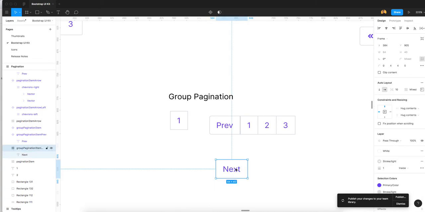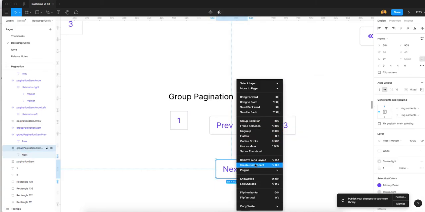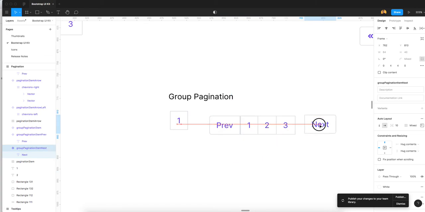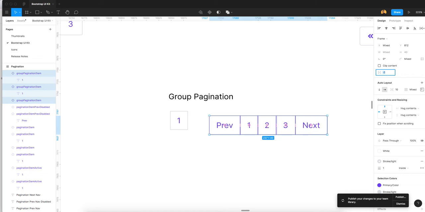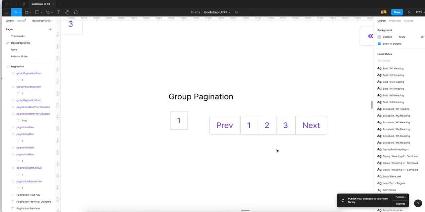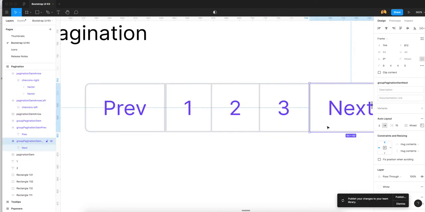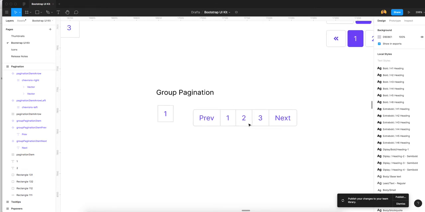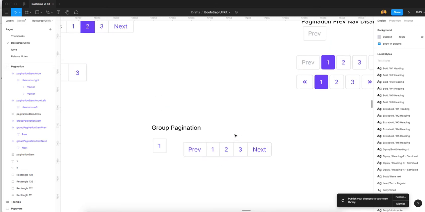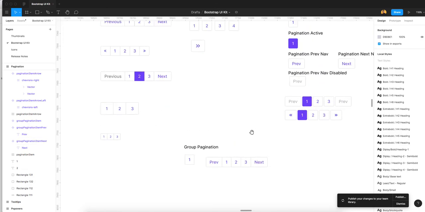Now I just convert into component. This will go here, and you will find a -1 pixel. See, we need to drag it -1 pixel and -1 pixel. So this will be created for our group pagination.